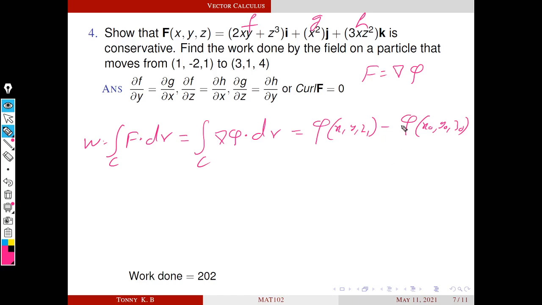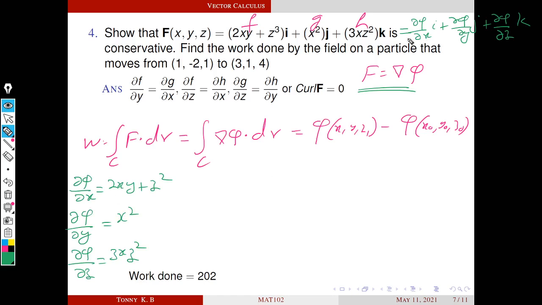So our aim is to find this phi. Then how to find phi? This is our condition, F is equal to del phi. So this is our F. What is del phi in 3D? It is dou phi by dou x i plus dou phi by dou y j plus dou phi by dou z k. And comparing the coefficients of i, j, k, we get